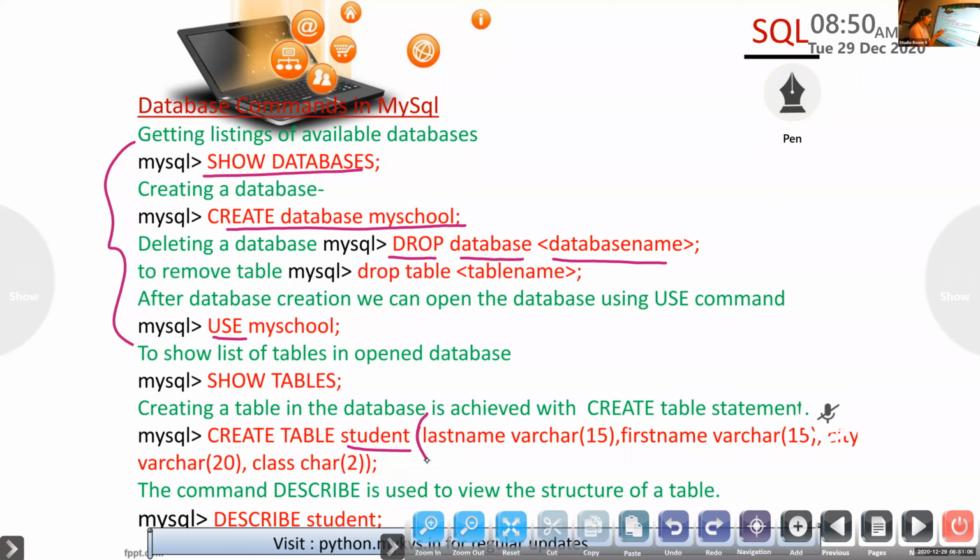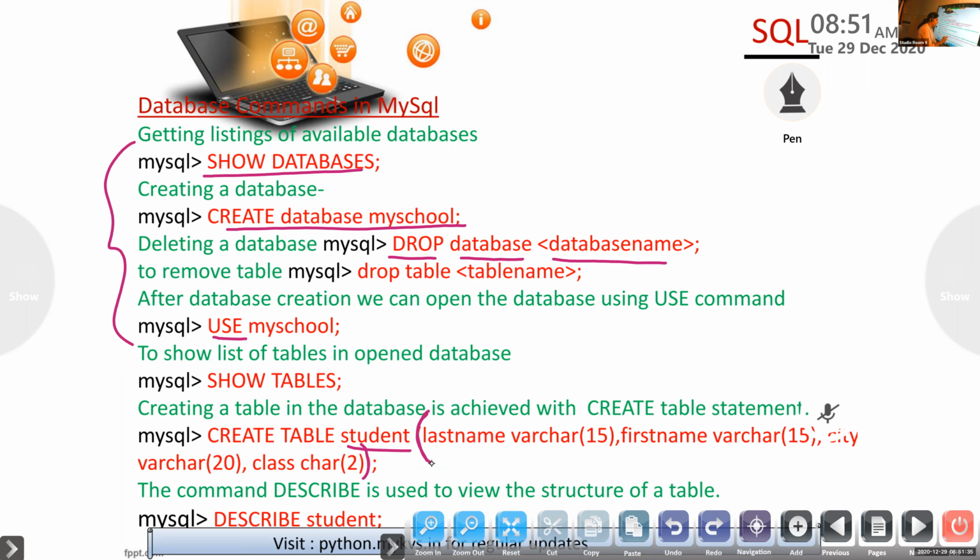Comma, first name. Next attribute or next column name, space, data type, comma, city is the next column name, varchar 20, comma, next column name, space, data type. After completing all the column names, you have to enclose it in a bracket.